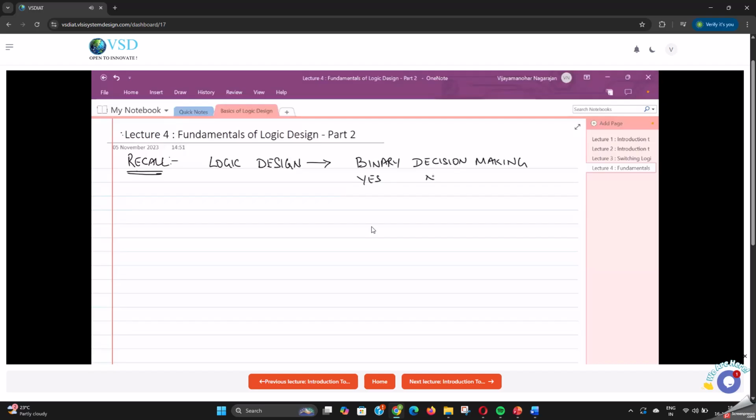Yes, no, on, off, true, false, 1, 0, high, low. These kinds of decisions, binary decision making, correct? And we saw that a circuit, or a module, which is capable of making a binary decision can be used for